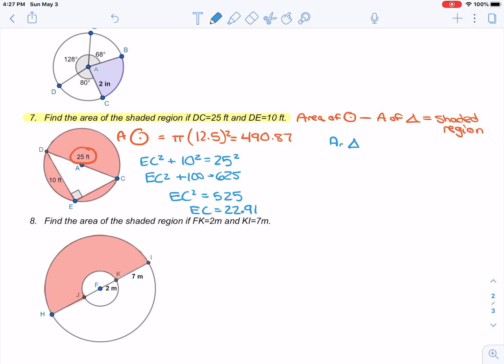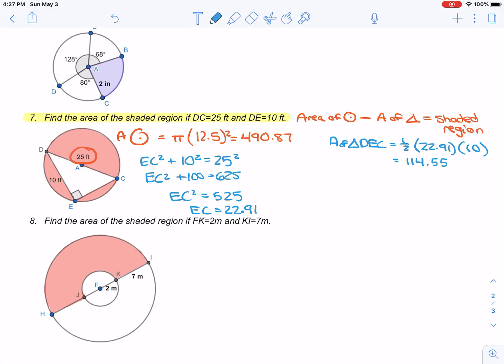So now that we have that, we can find our area of the triangle. So area of triangle DEC, that's going to equal 1/2. Make sure you have that 1/2 times our base, which we just found is 22.91, times our height, which we can see is 10. And again, once we enter that in our calculator, we should get